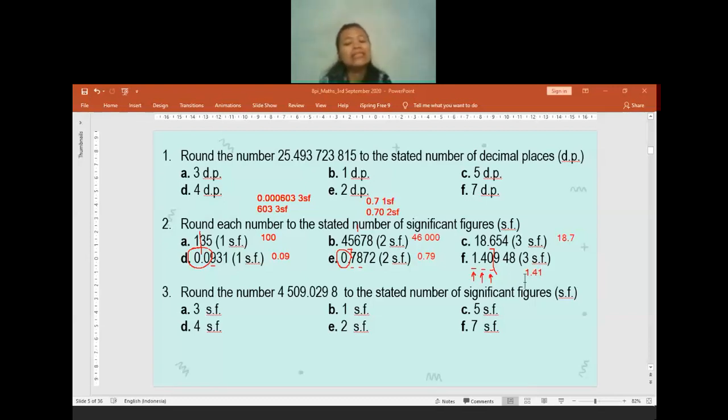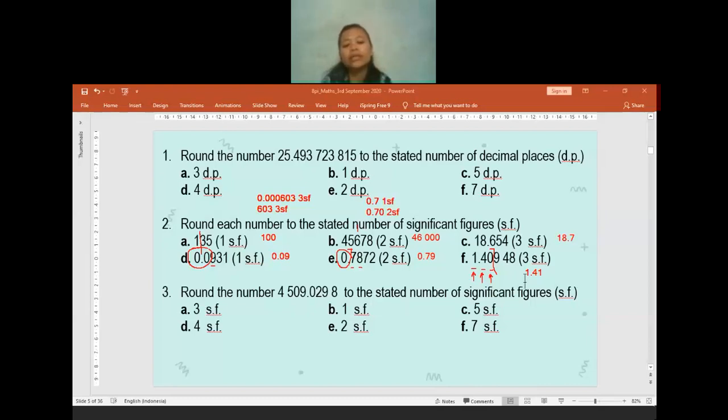Okay, is there anyone who's still confused? Can you tell me which letter is still confusing? So maybe I can repeat which part is making you confused. Do not only tell me, teacher, I'm confused, because it will make me confused also about which part I have to explain. Can you tell me which one I have to re-explain? Or is there anything still confusing? Maybe I talk too fast or anything, you can tell me. Is there anything that I need to repeat? Everything's fine? Okay, I will move to question 3.